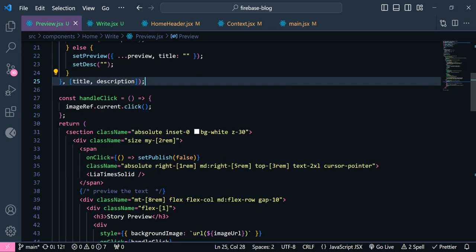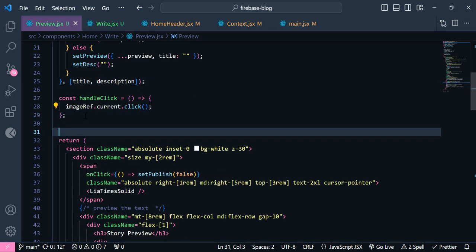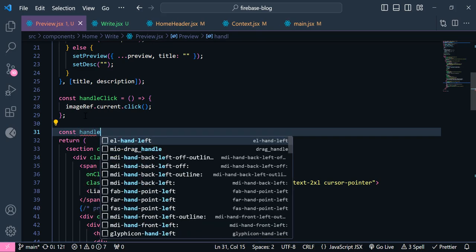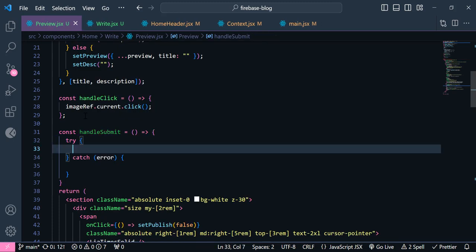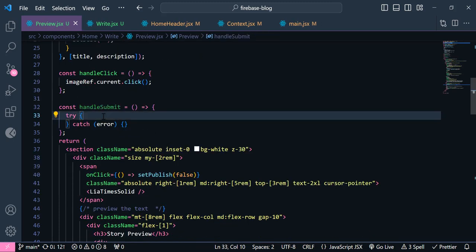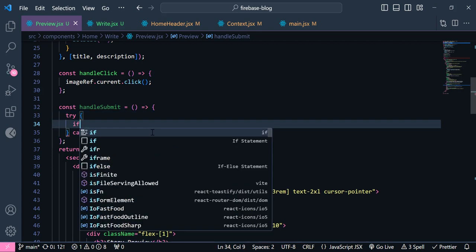So down here we need to have another function. I'm going to call this handleSubmit. Inside here we are going to have a try and catch block. Now in here at first we need to validate our input. So I'm going to check if our